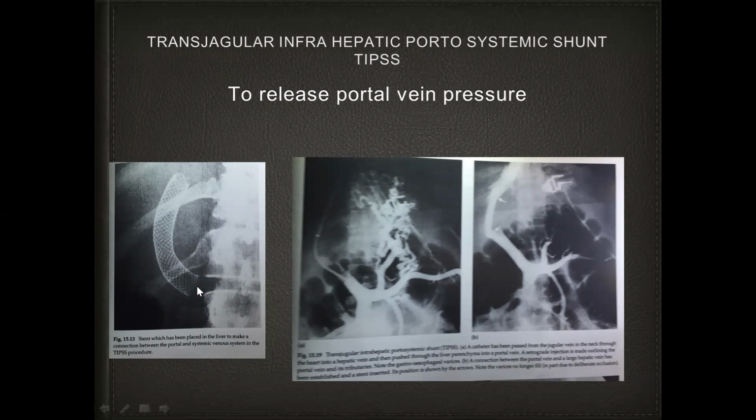We put a stent with one end in the portal vein and the other end in the inferior vena cava, like this one. So the blood from the spleen and GIT will go directly from the portal vein to the inferior vena cava, bypassing the liver,